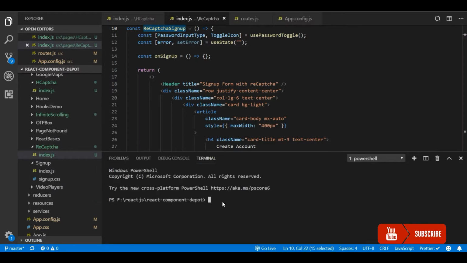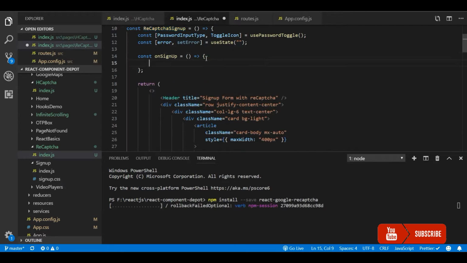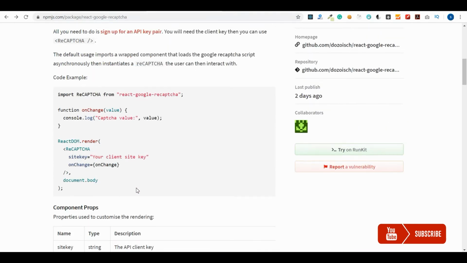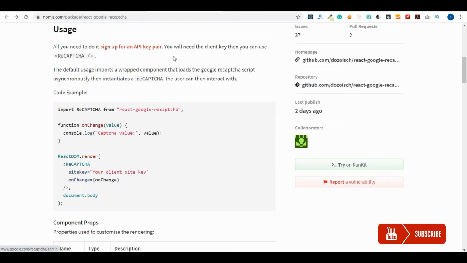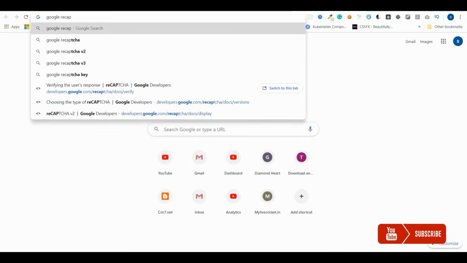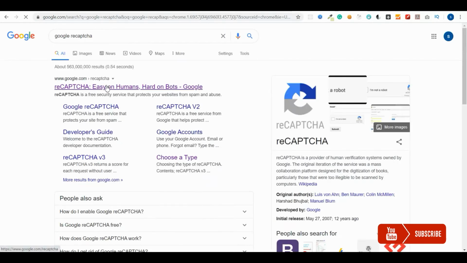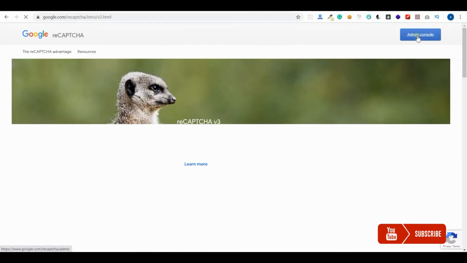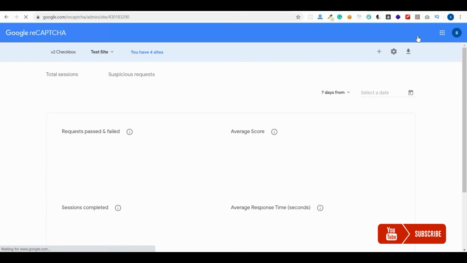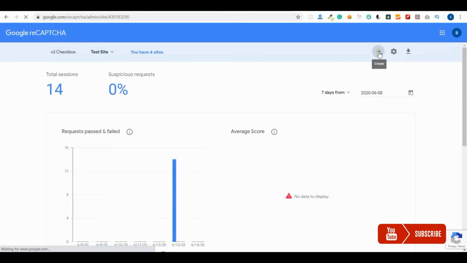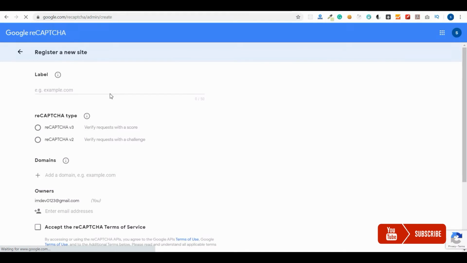I'm going to install the React Google reCAPTCHA component. Meanwhile, let's go and check the documentation on the integration part. For this, first you need to sign up for a key pair from the Google reCAPTCHA website. You need to create an application inside Google reCAPTCHA, and it will give us a site key and the secret key, where the secret key will be used in the backend to verify, and the site key is in the front end so that Google identifies that this is actually loading on your website.